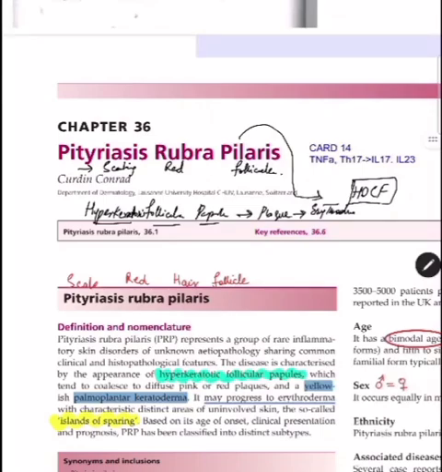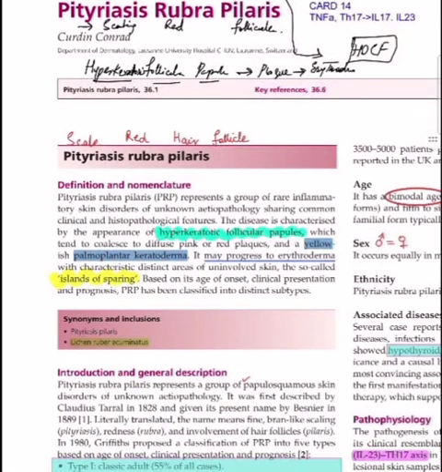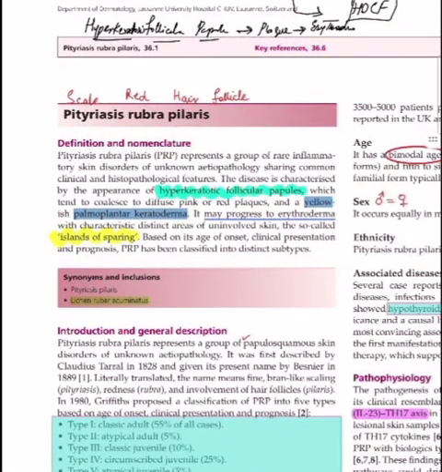Classification of the PRP, or the path of the PRP, you can say. There are 2 or 3 very important points you should remember for your exam, for picking the answers to PRP MCQs. PRP presents with hyperkeratotic papule plaque erythroderma. The most common complication is high output cardiac failure. Then the point to remember is that there is always going to be island of sparing.